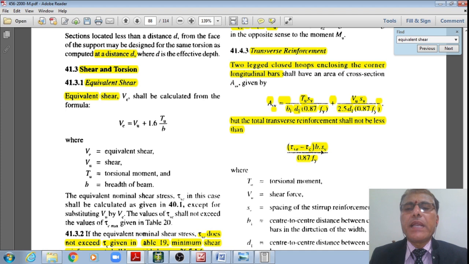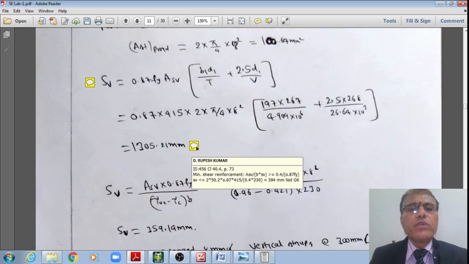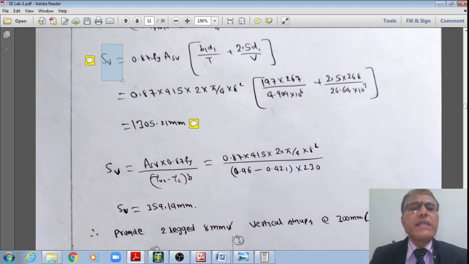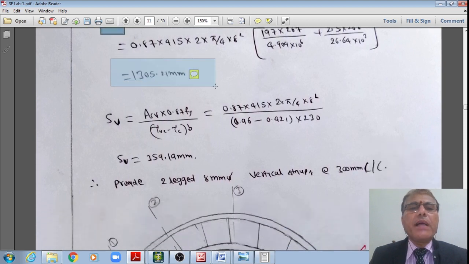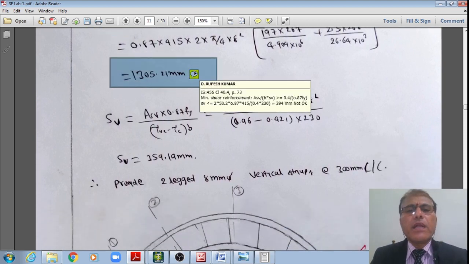However, this should not be less than tau V minus tau C multiplied by b SV divided by 0.87 fy. If I calculate using this, I am getting a spacing of approximately 1305